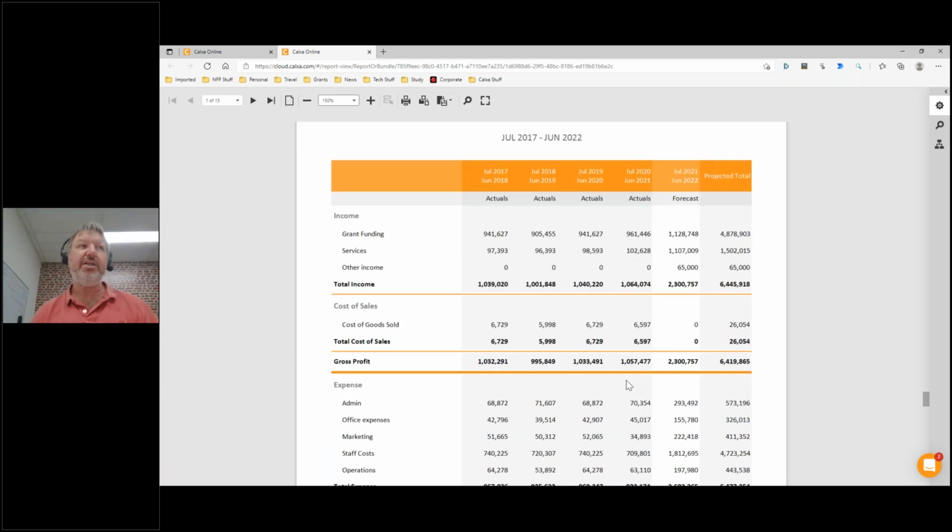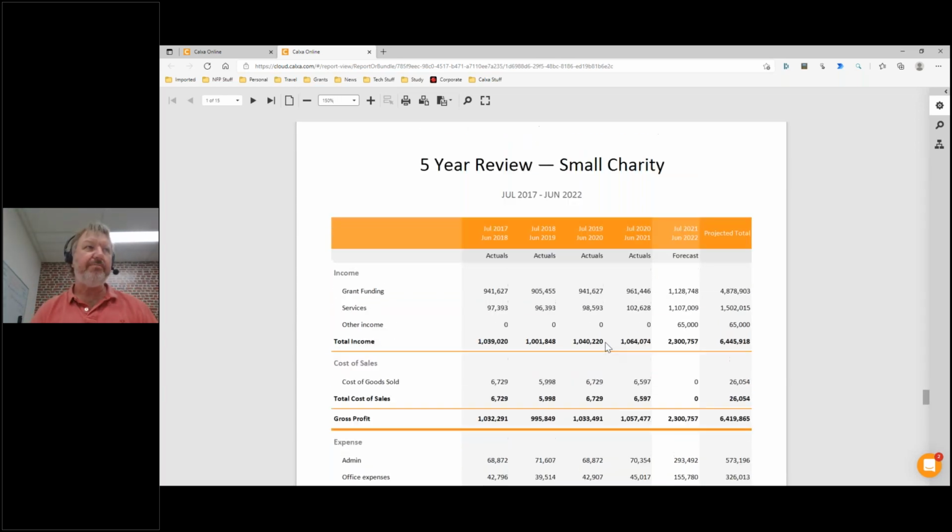And then the other thing I like to do when I'm looking back is not just look back at 1 year, but go back 5 years or maybe even 10 years, depending on how long your organization's been around, how easy that information is to get hold of. So you can see,